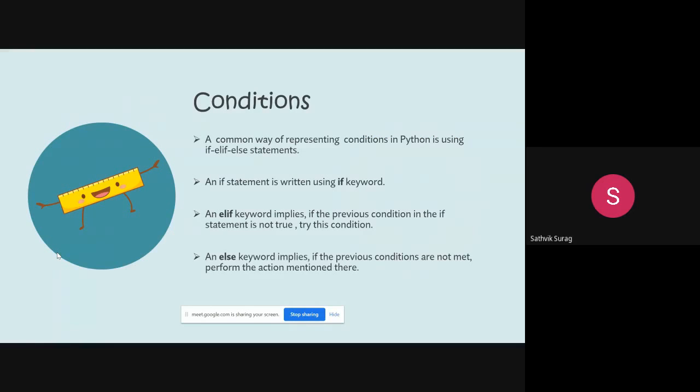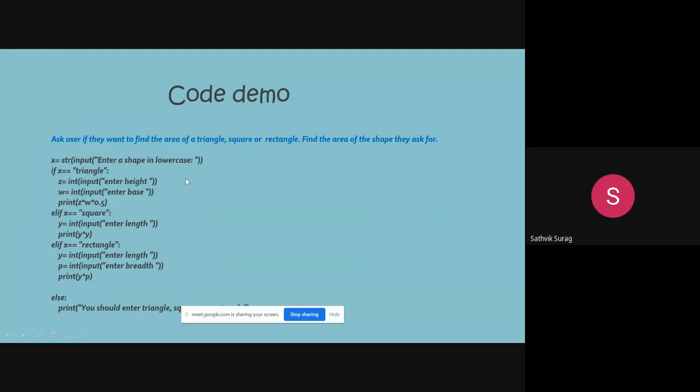So conditions. This is the main element that I'll be going through. A common way of representing conditions in Python is using if, elif, else statements. An if statement is written using the if keyword. An elif keyword implies if the previous condition in the if statement is not true, try this condition. An else keyword implies if the previous conditions are not met, perform the action mentioned there. So I'll be going through this code demo in